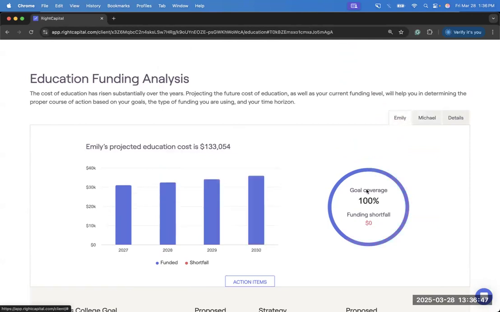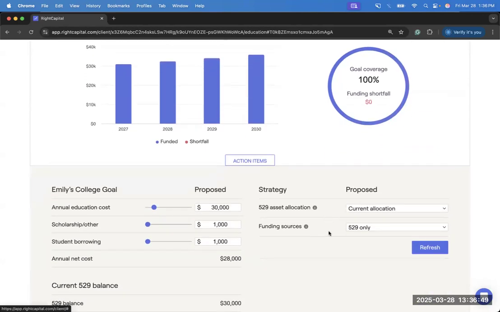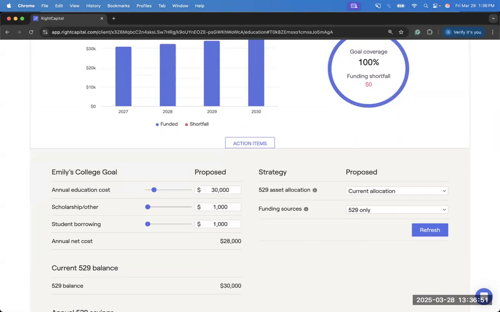All right. So our last two sliders on the right-hand side here are where we can make more sweeping changes to the way that this student's 529 funds are allocated, as well as what funding sources we want to use to fund their education. So if you'll remember, I allocated each of these 529s in the plan using moderate model portfolios. So these are both at a 60-40 split currently, and the portfolio return that they're generating is based on